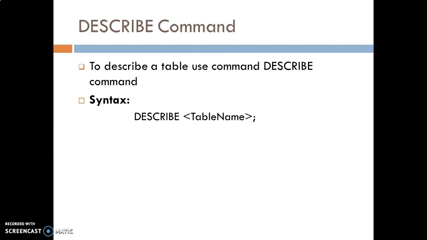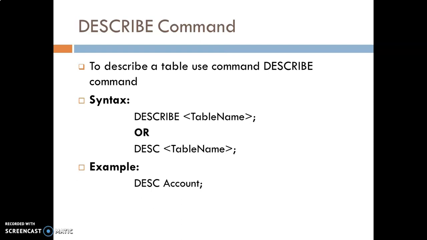It is case insensitive, so it is not compulsory to write in capital letters. So write describe, and then after it write your table name and put the semicolon. Or you can use the DESC keyword also. Write your DESC keyword, space, put your table name and semicolon. For example, DESC, the name of my table is account, and semicolon.